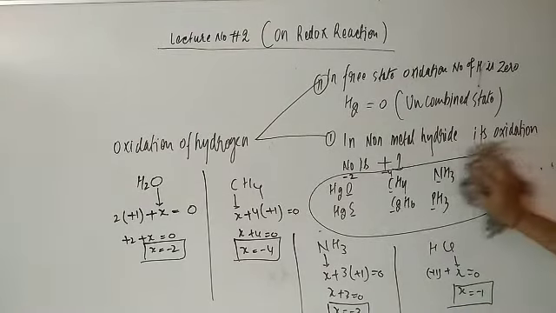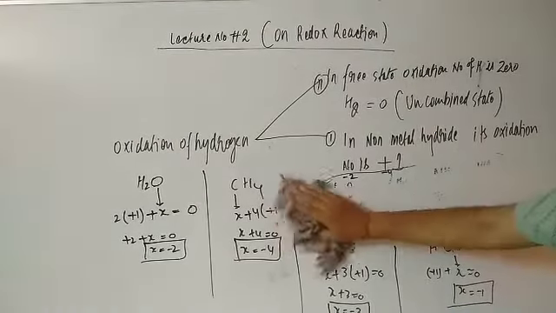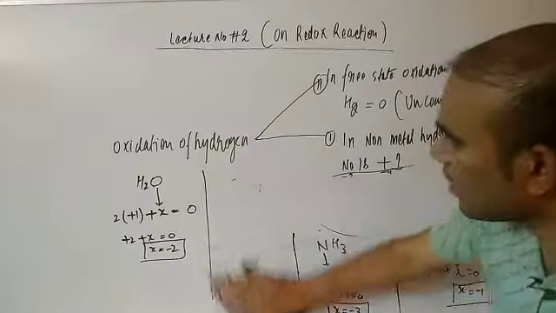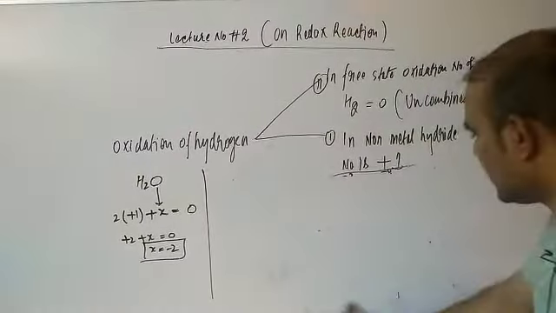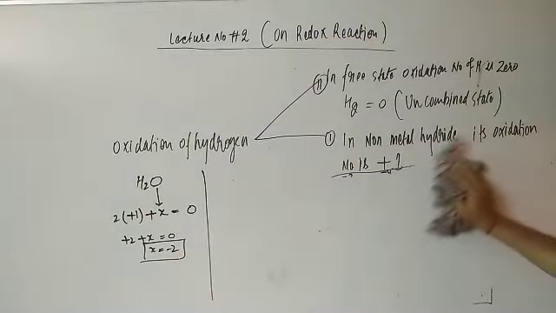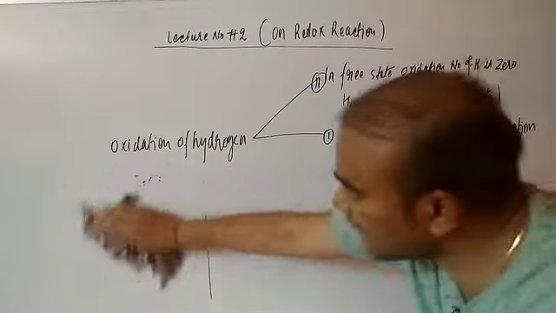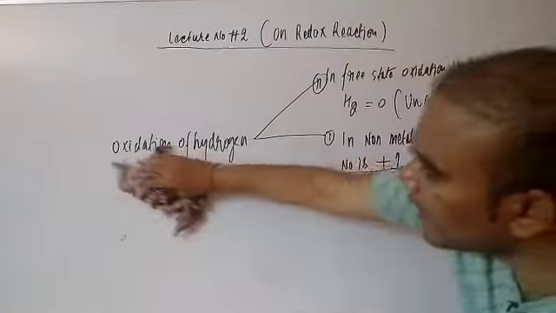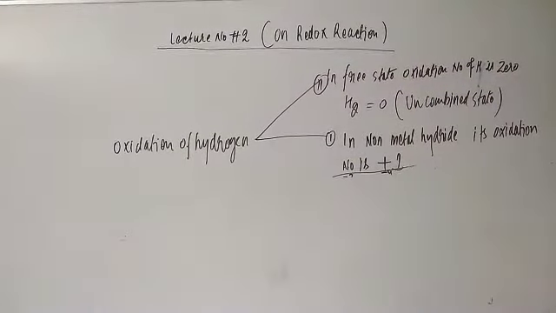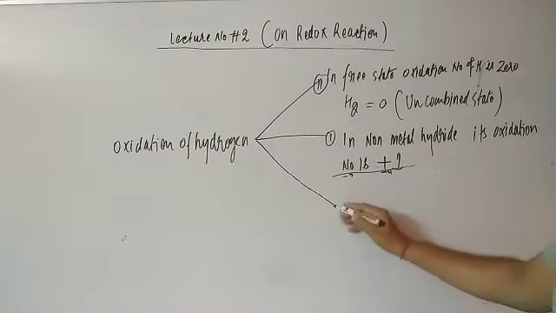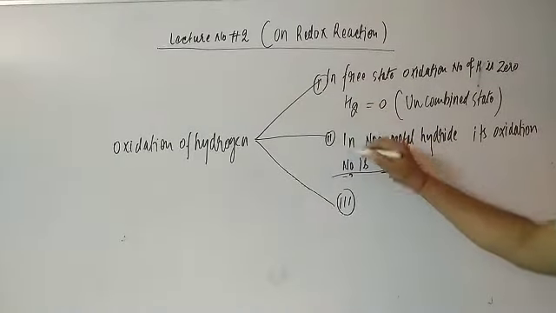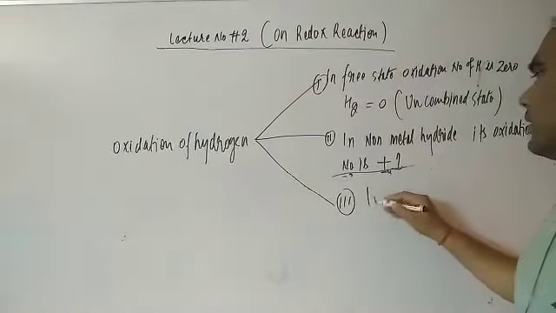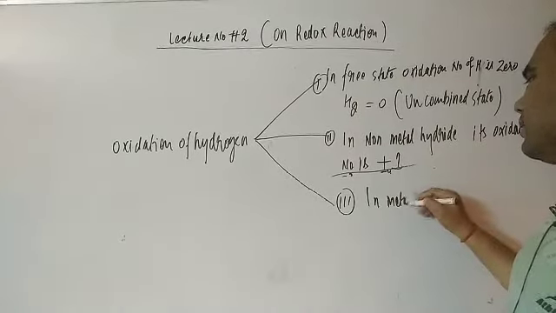Now let us go with another point. What is the other point? Another point is the oxidation number of hydrogen, and we are going with the metal hydride. In case of metal hydride, let us try to find out how much that oxidation number will be. So this is the third case, student. This was the first, this is second, this is third. So in metal hydride,